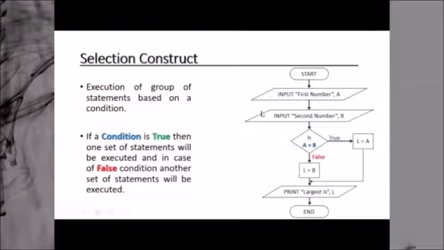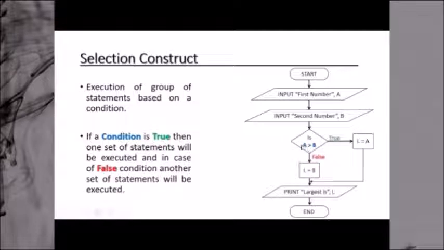This is the program to find the largest of two numbers. Here, start, then enter the first number, enter the second number. This is sequential. But now here is the condition, the decision box, the diamond symbol used for representing a decision. Here there is multiple branching. For the rest of the symbols we have one input and one output, but here we have one input but two outputs. So branches are created at the decision box.